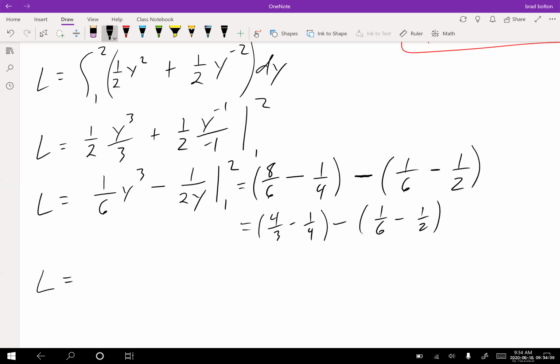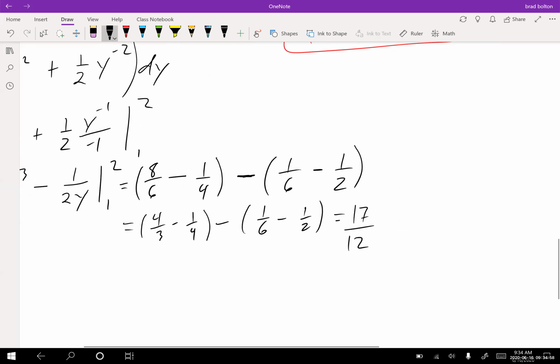I'm just going to plug this on my calculator. Hopefully it works this time. 4 divided by 3 minus 1 divided by 4 minus 1 divided by 6 plus 1 divided by 2. There we go. Yeah, that's it. 17 over 12. So I must have made some calculation error in there. I had the right problem, but when I plugged it in. So you must show